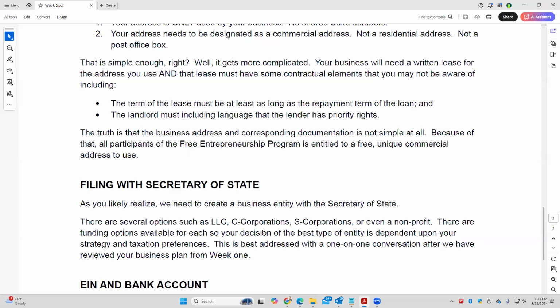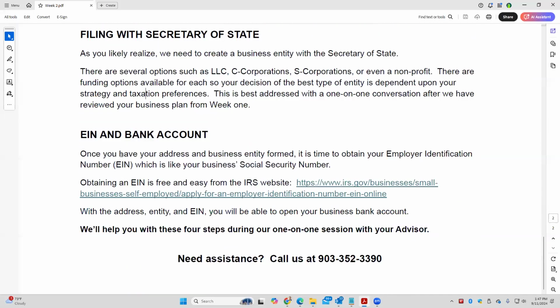We'll be visiting with you between today's session and the next session to help you have some guidance. But the truth is, any of these can pursue funding. However, not all funding sources are available to all entity structures. So we need to look at the strategy, which we should be able to discern from the business plan, which was in week 1, and then look at taxation differences. Lastly, and these are kind of combined, we need to get ourselves an EIN and then a bank account, and that completes the 4